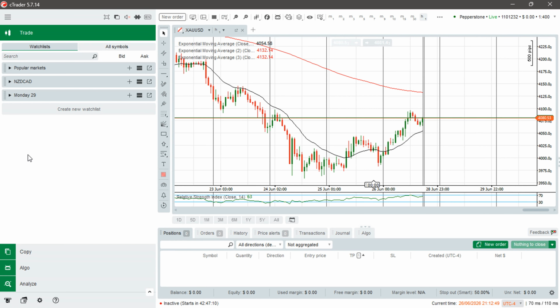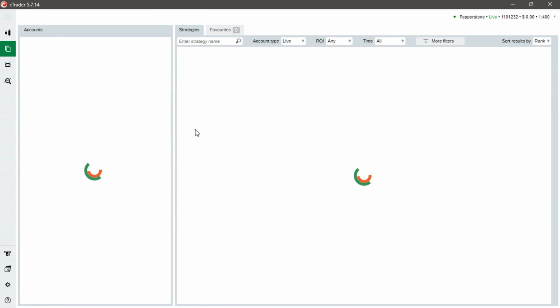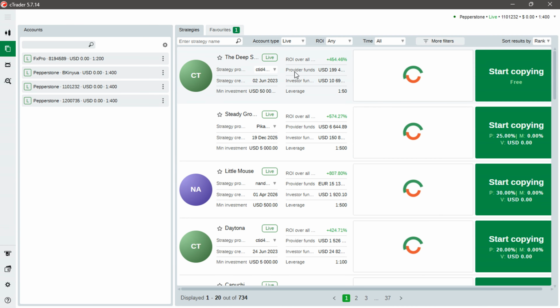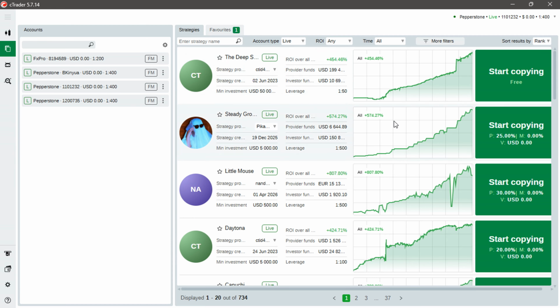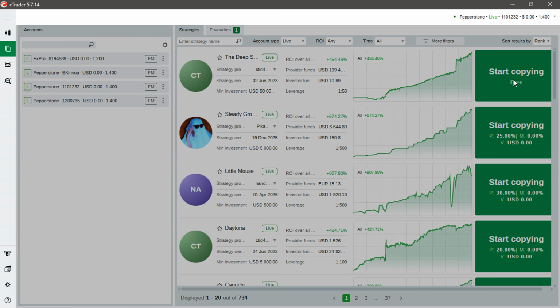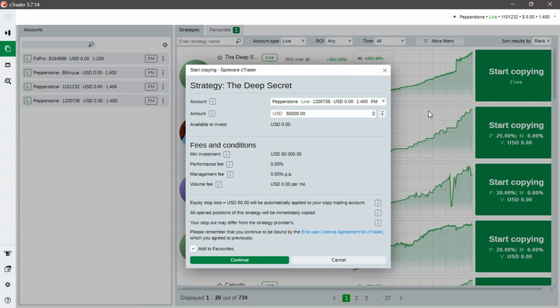Let's give it some time, guys, and you will find the strategies. Yes, this is where you find the top strategies to copy, and you can just click on any strategy and start copying, guys. You can just click start copying,